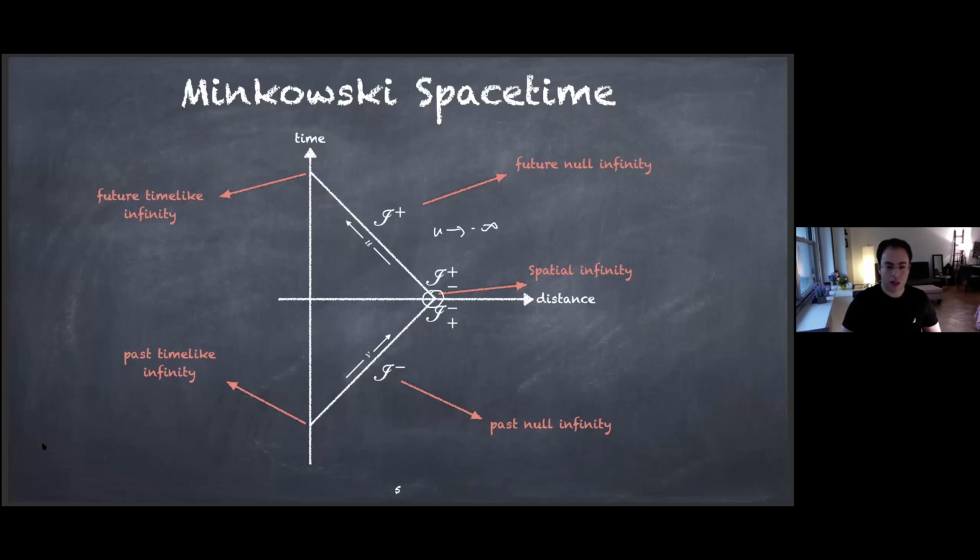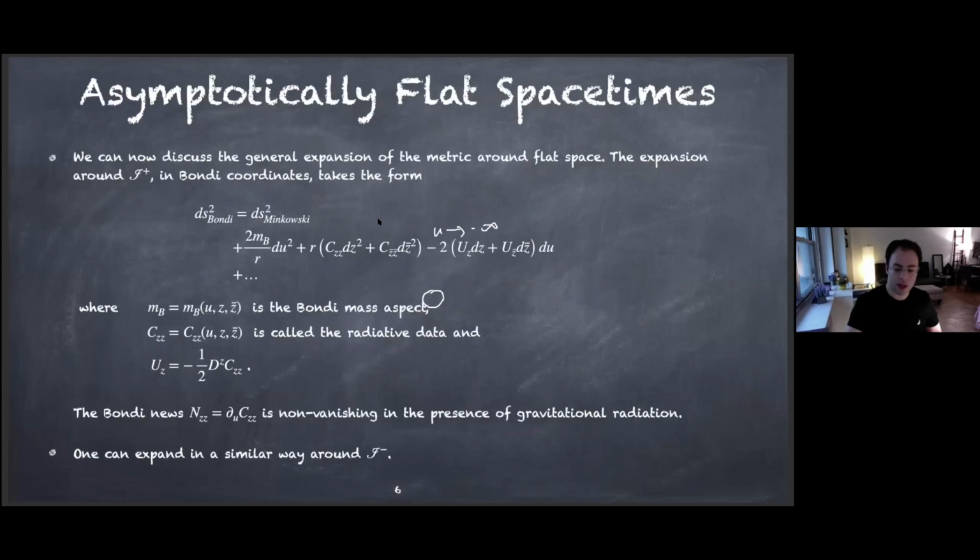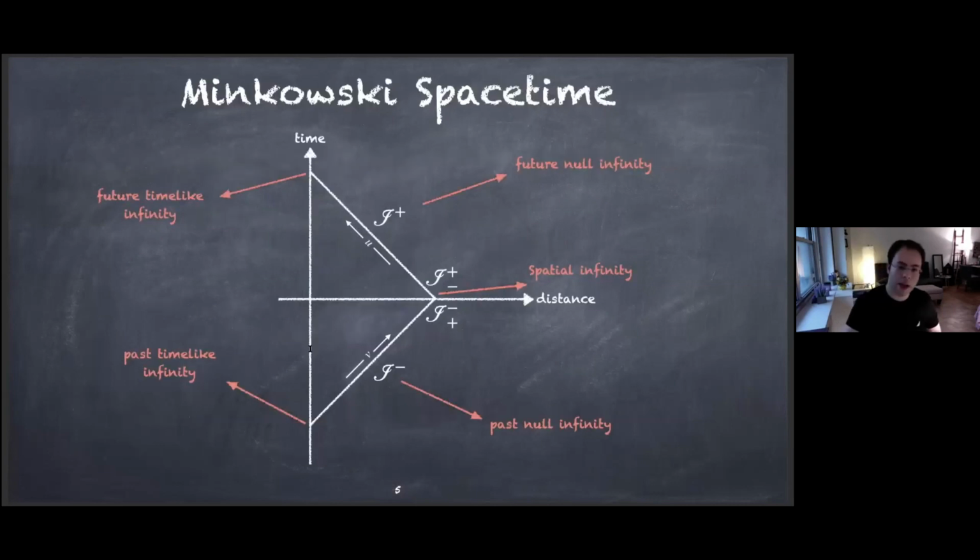What I will do next is to consider general metrics, general spacetimes in the bulk that approach Minkowski near the null boundary. So in the bulk, I will be agnostic about the form of the metric and the matter distribution. I will only assume that it approaches Minkowski near the null boundary. Any questions about this? Okay, so